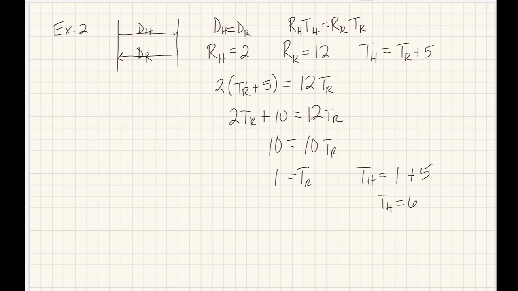Now, that's how long it took. That's the time, right? Well, now it wants to know how far it was. So we're going to need to do a little bit more. The distance is either going to be 2 times 6, which is 12, or you could also say 1 times 12, which is 12, because it took them 6 hours to travel at 2 miles per hour,